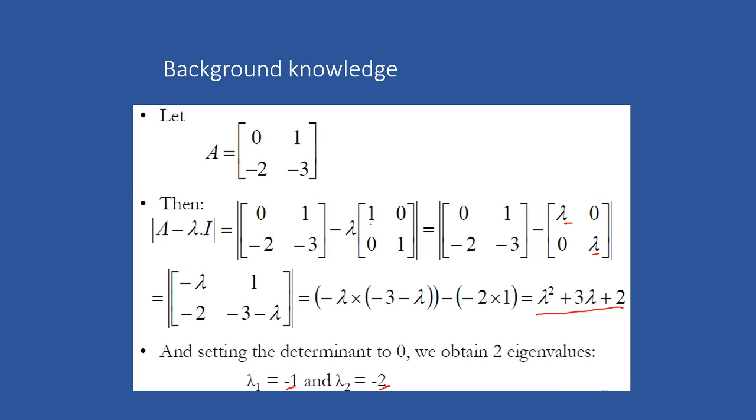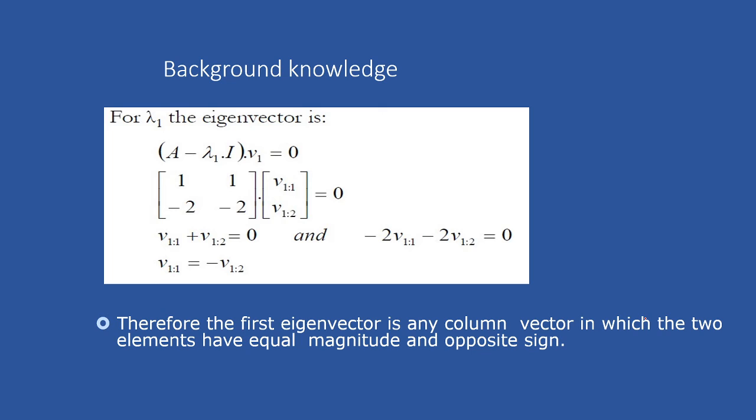Out of that, whichever value is maximum, here minus 1 is the maximum, so that will be the principal component. So here we are going to consider the first element minus 1 and then minus 2. Out of this, minus 1 is the greater value, so that is going to be used for calculating the next steps. So we are going to use the minus 1 value, and then we will be forming the two equations, and then we will be getting this.